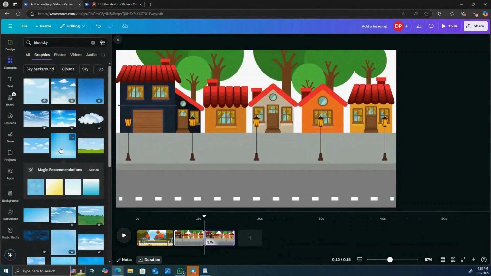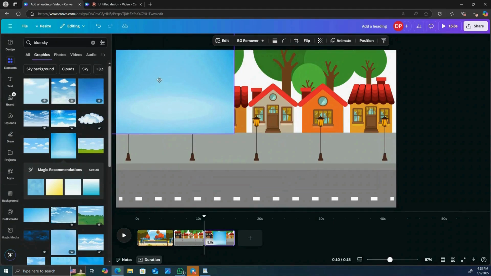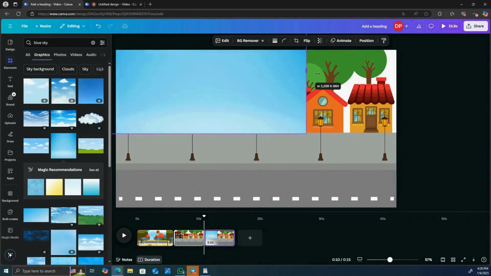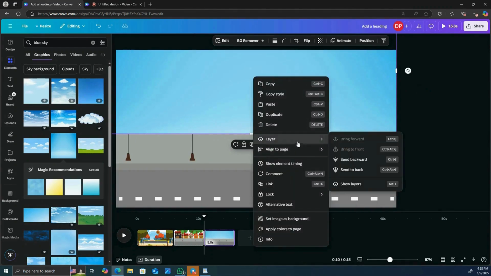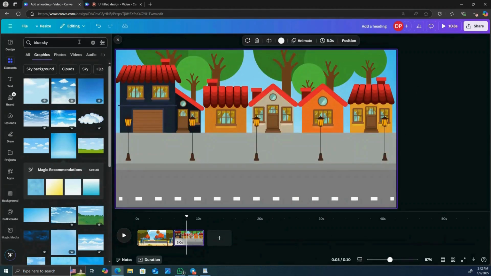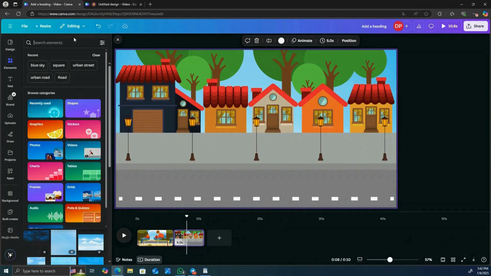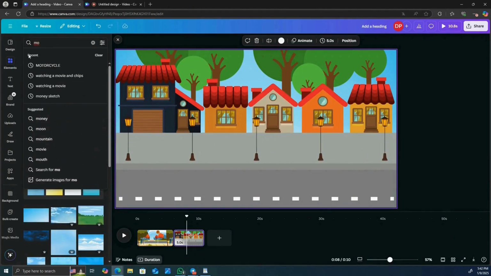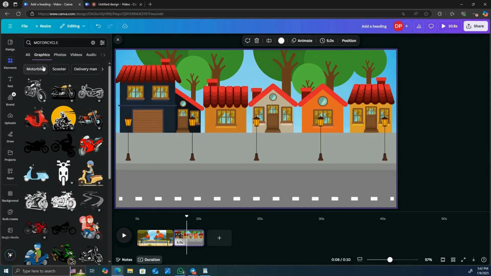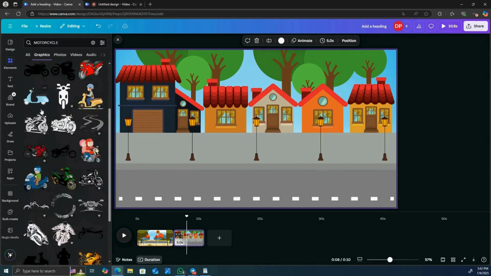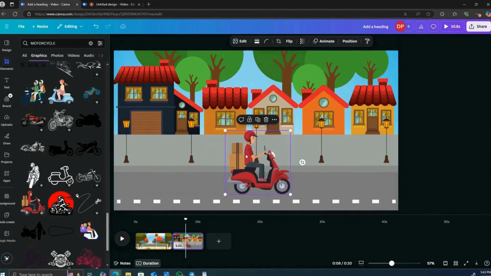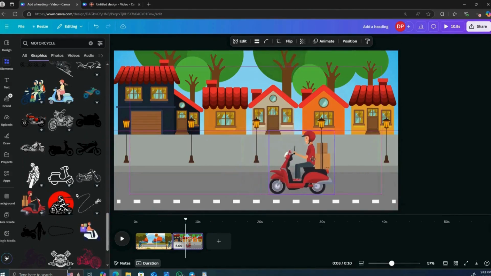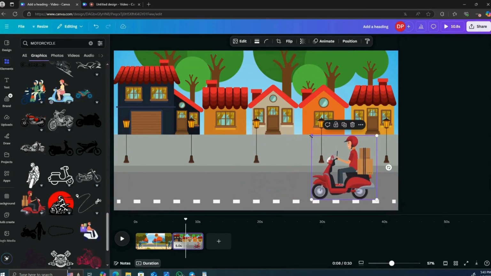Okay guys, so next thing we want to do is go back to elements and let's add a sky. And we're gonna just go to layer and send backwards. Okay guys, so the next thing you want to do is go back to elements and type in motorcycle, and then you just scroll down till you find one that you like. So I like this one, but I'm going to flip him around. All right, and I'm gonna make him a little smaller,